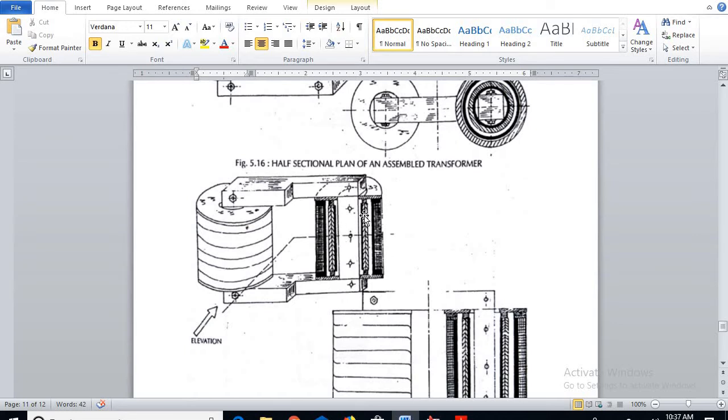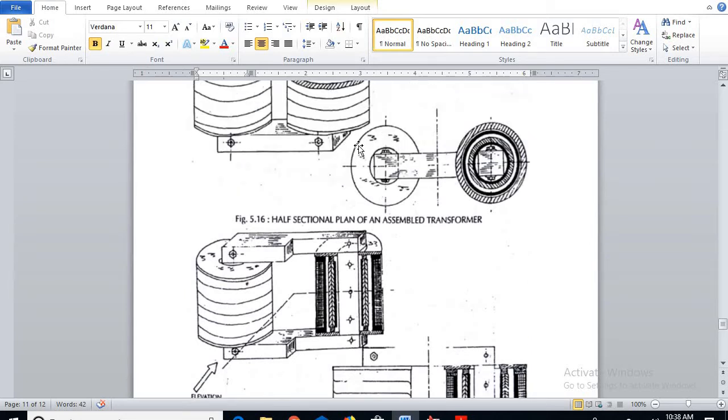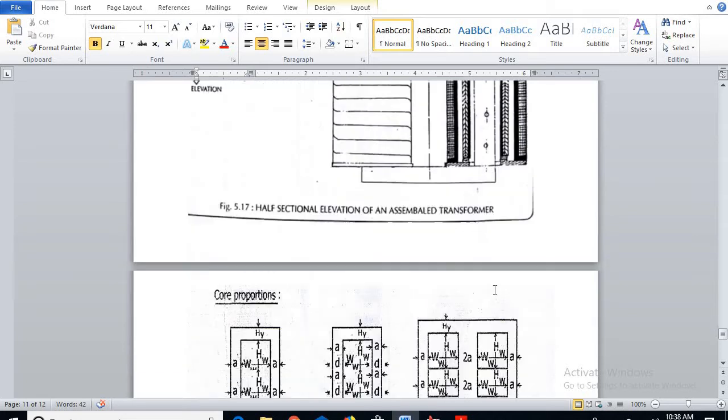And next, again towards the left I can see the windings, thickness of LV winding, thickness of HV winding. Since the left half section is the uncut section, this is the elevation part that we have to draw. So in your examination we have to draw this as the plan, and extending this we have to draw the elevation.